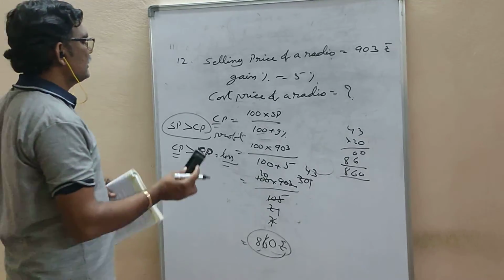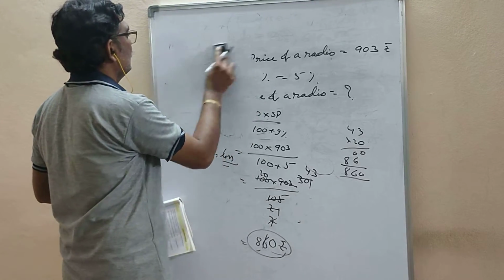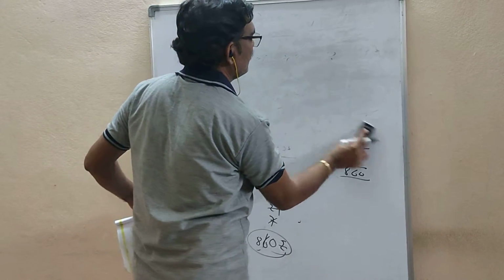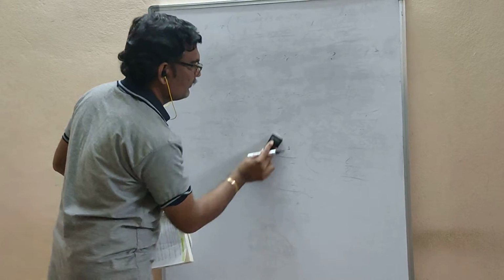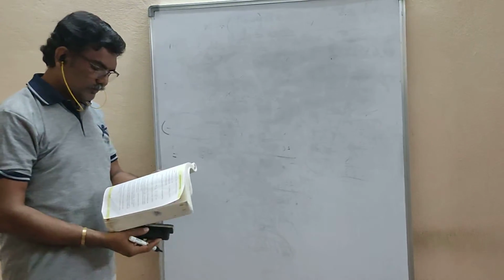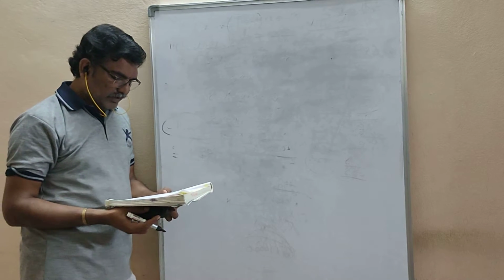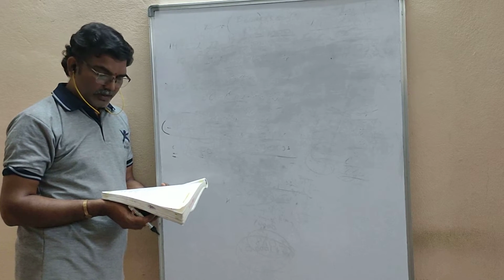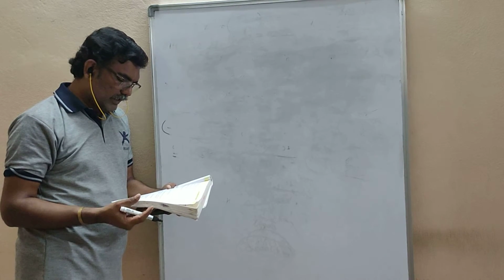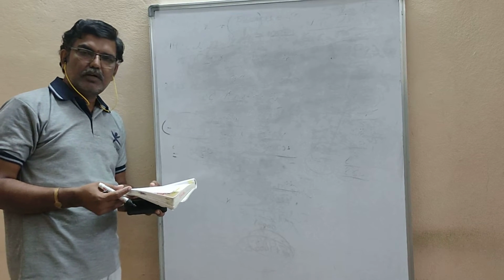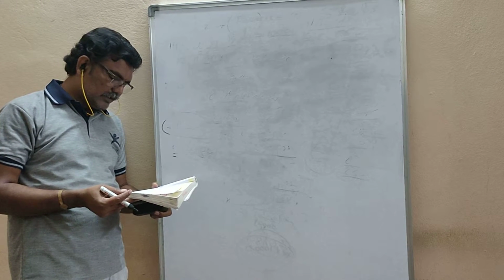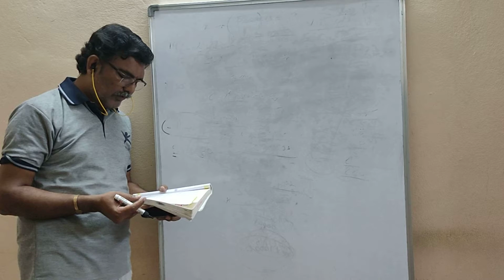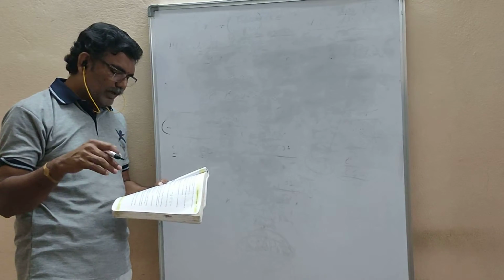Now the last question in this chapter. This is the last question. Shekhar gives a quarter of his sweets to Renu and then gives 5 sweets to Raji. He has 7 sweets left. Same, it is like the 11th sum. Is that sum there or not? This is also the same. What he is asking, if you read the entire question: how many did he have to start with? So how many total sweets are there?